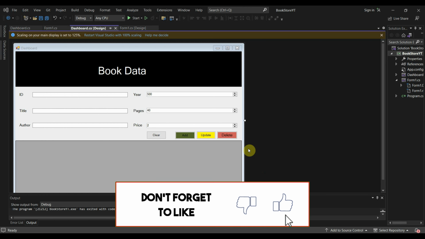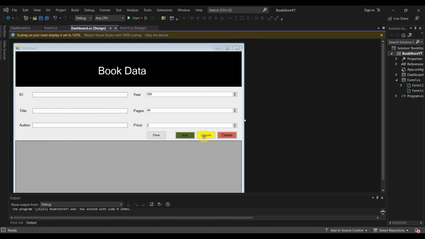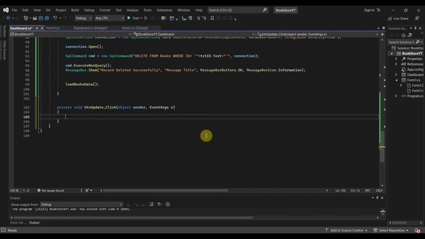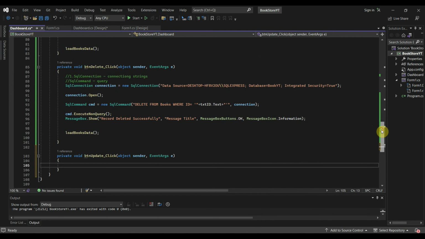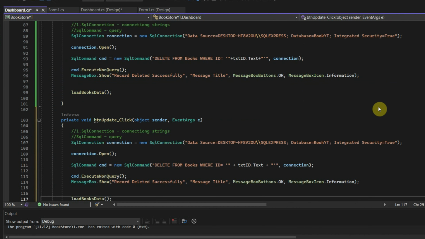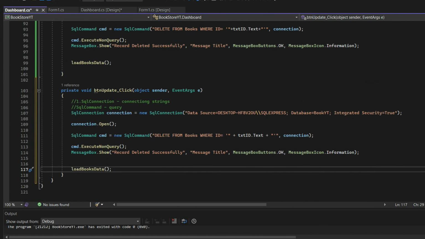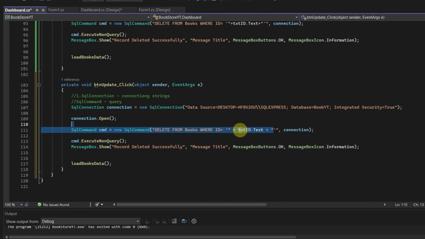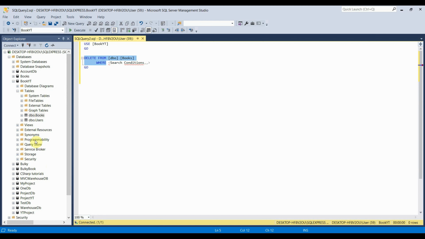Today I will demonstrate how to create update button functionality for our book database. Just double click and all you need to do is copy the same thing from delete button functionality, and here delete the text, go to the database,